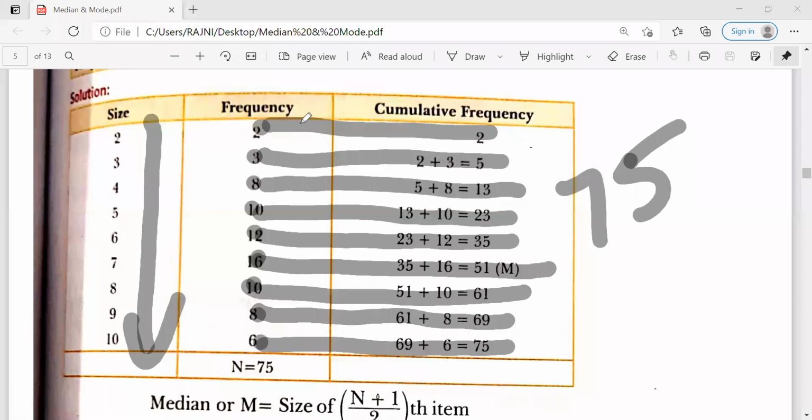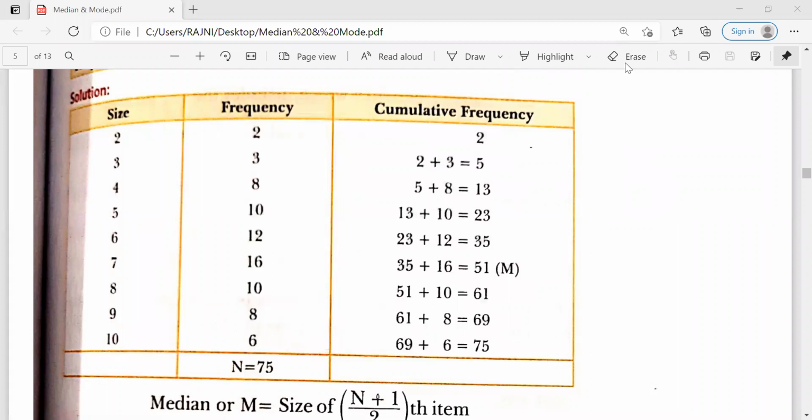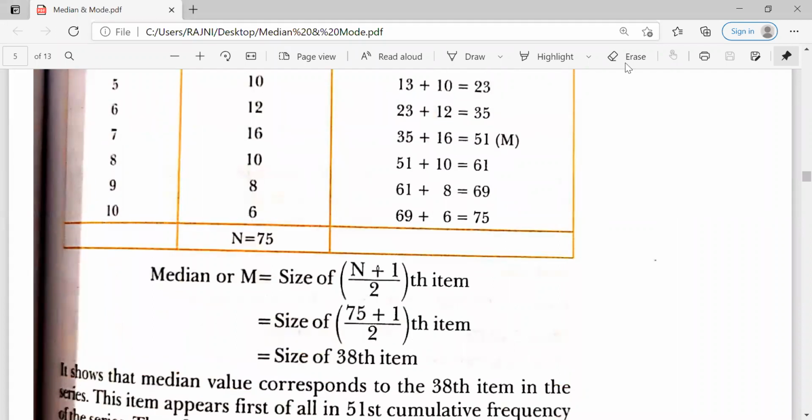After calculating the CF, the next step is the size of the (n plus 1) by 2th item: 75 plus 1, 76, divided by 2. It means the size of the 38th item.